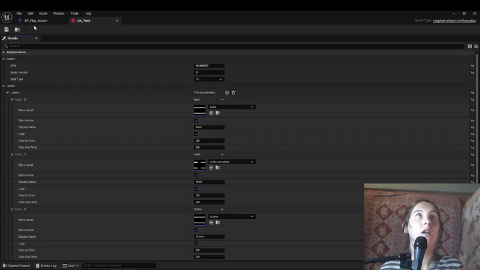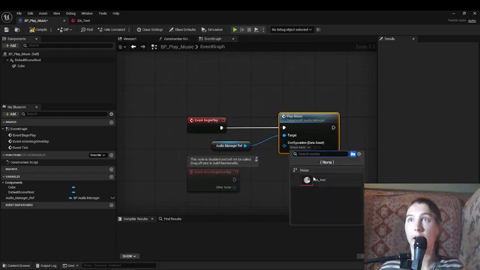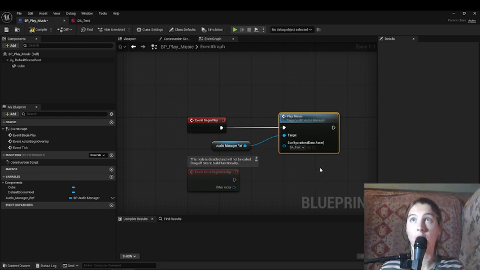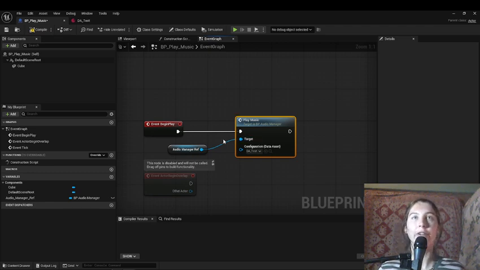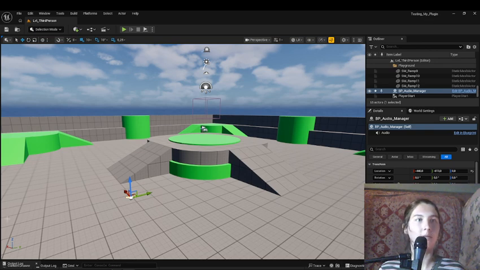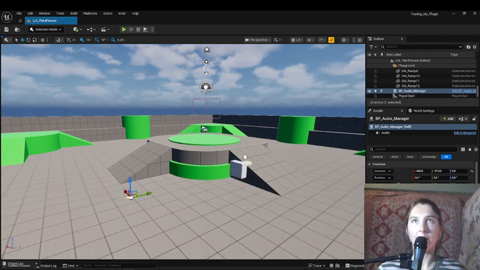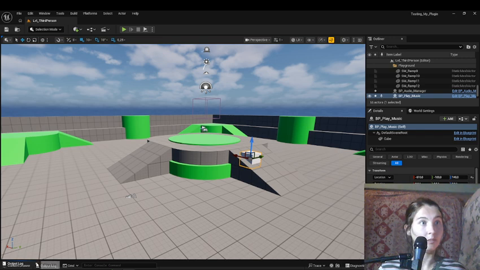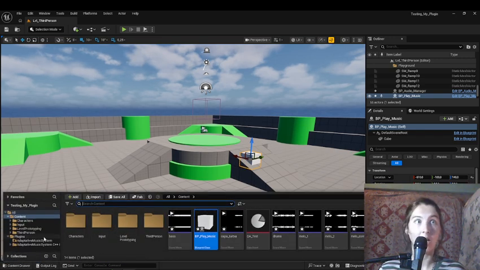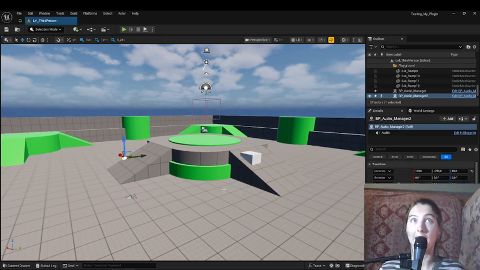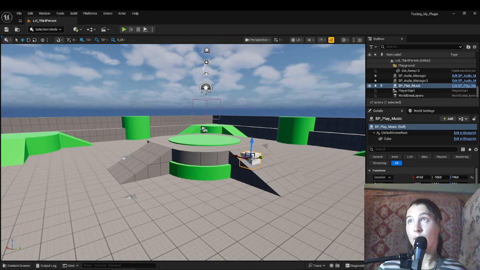So I save it and I select my data asset. And now this is performing my song with my layers magically, really magically. Because let's see, if I go to my level and I drag my play music, and also go to my plugin and I drag my audio manager, and in my play music object